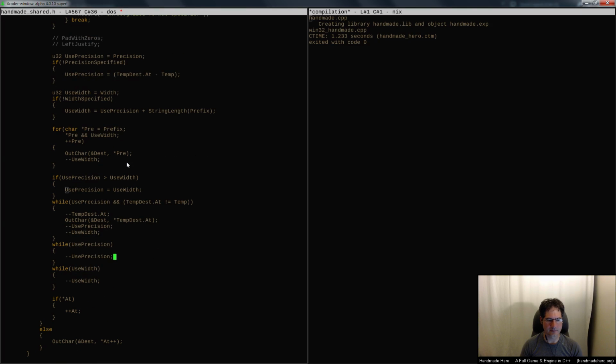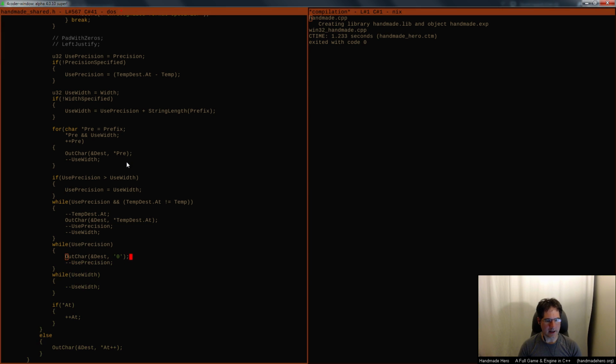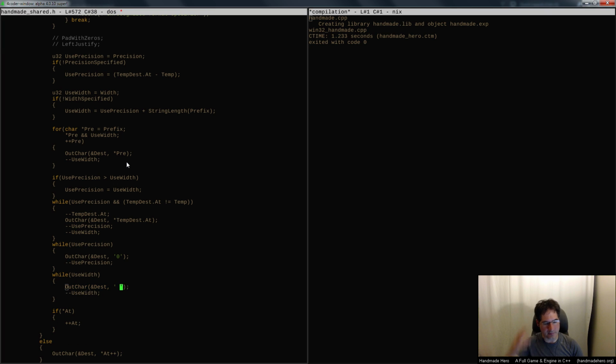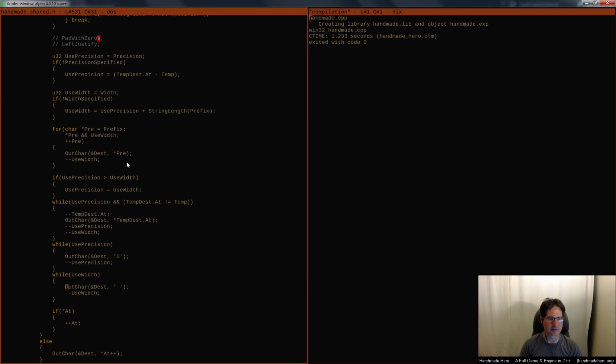Something like this. So as I go for the precision, I'm supposed to pad with zeros, right? And when I pad for the width, I'm supposed to pad with spaces. And those are things that, in theory, could be modified by the pad with zeros or left justified. I'm sorry, the pad with zeros part. So we may have to fuss with that slightly in a second. In fact, I guess we could literally just do this,